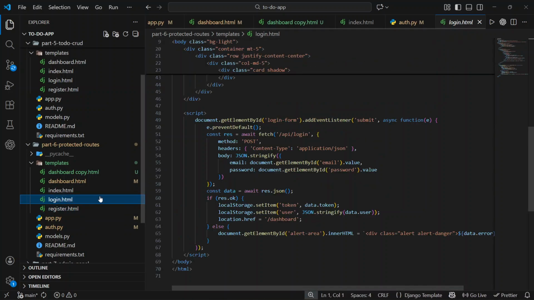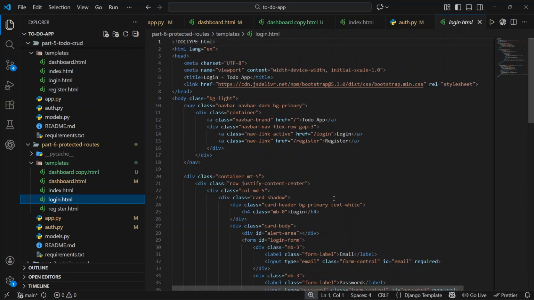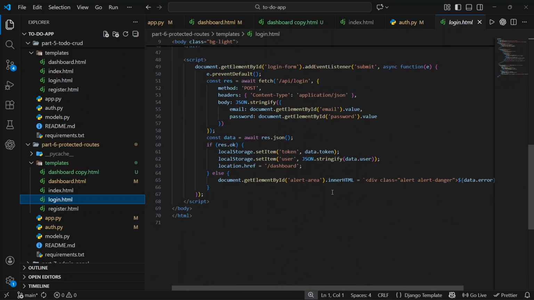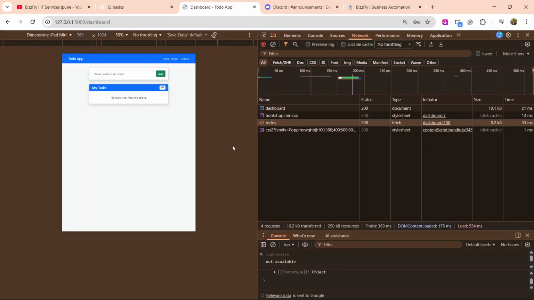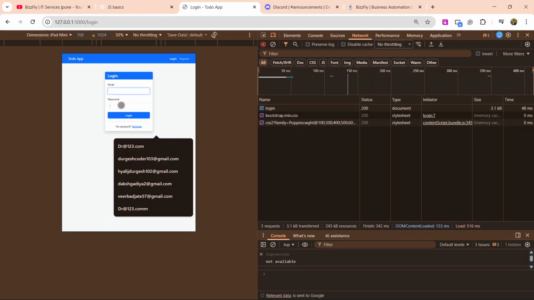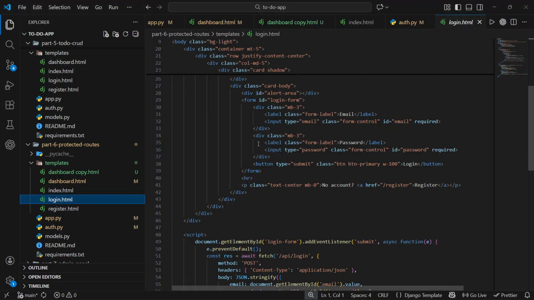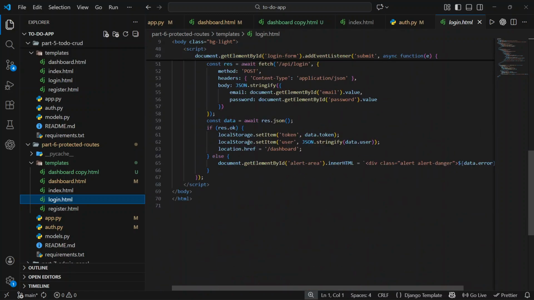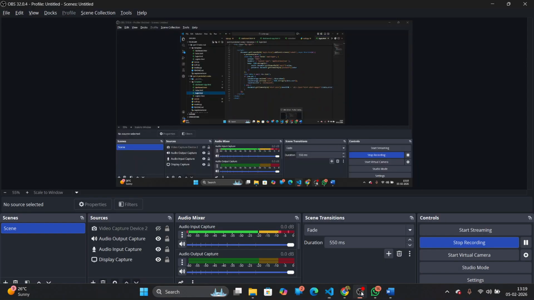So now we are going to see the login part. So what happens in the login now? In the login, this is the front end. You can see this is the login page, with email, password, and a login button. So this is the front end. So from the front end, we are taking